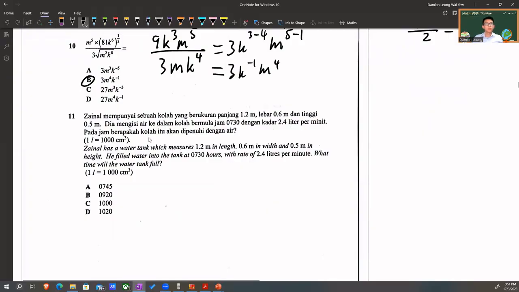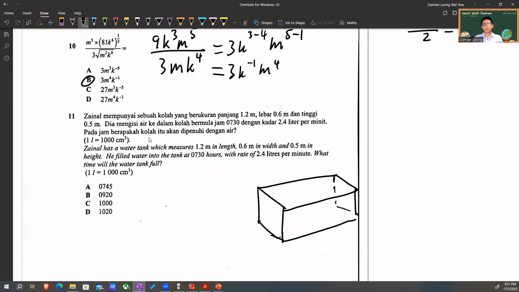Then question 11. Zainal has water tank 1.2 meters in length, 0.6 meters in width, 0.5 meters in height. So if you want to, actually, whenever it's shaped, I usually recommend to sketch it out. Okay, sketch out a diagram. It's easier to see the information. So I have